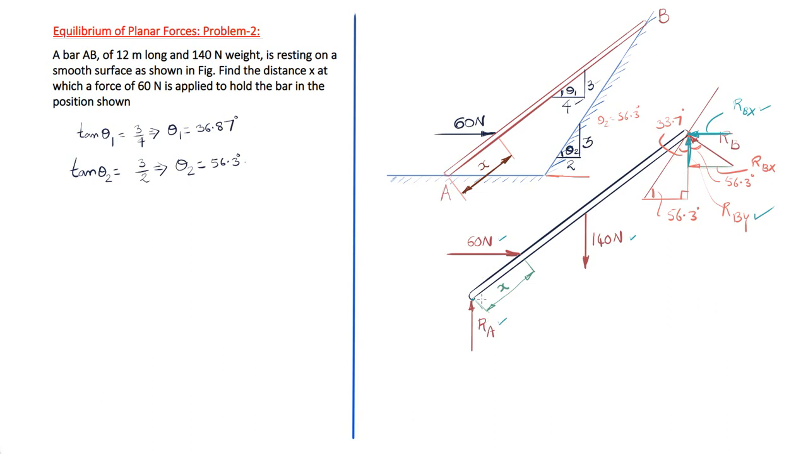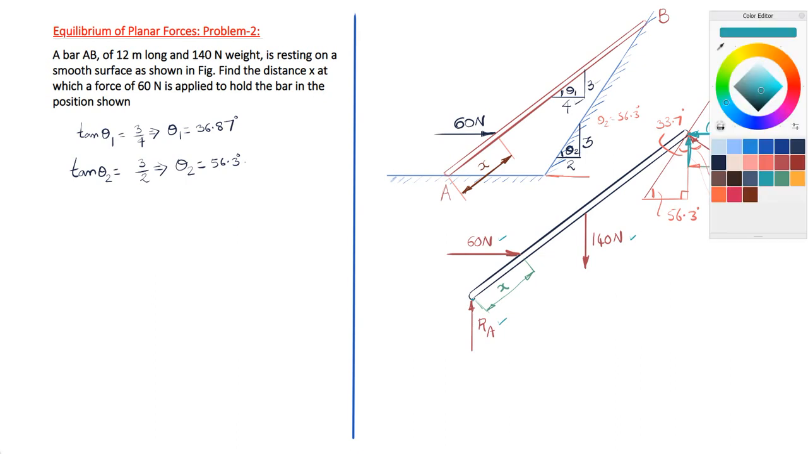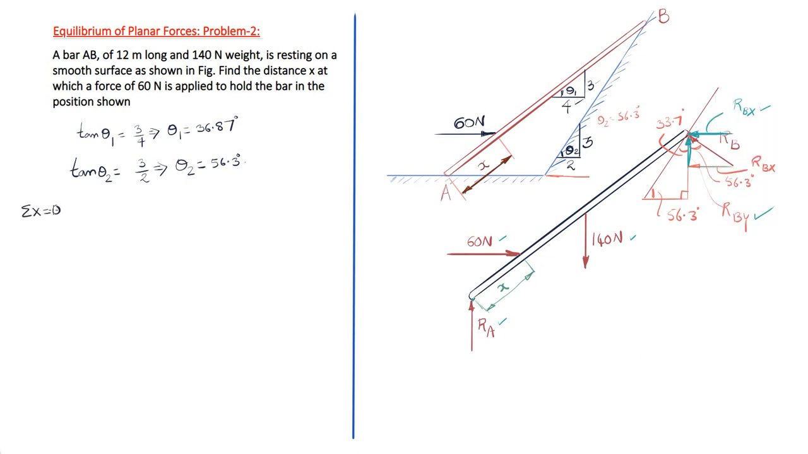So if you don't want to calculate RA, the force summation which is better is writing force summation in x direction. So we are going to write sigma x equal to 0. If you write sigma x equal to 0, there are only two forces acting horizontally: one is 60 Newton, the other one is RBX. The horizontal force acting towards right is positive, so 60 Newton is positive, and RBX